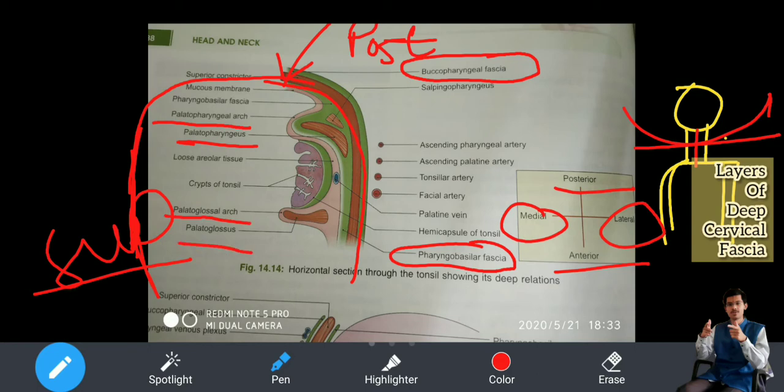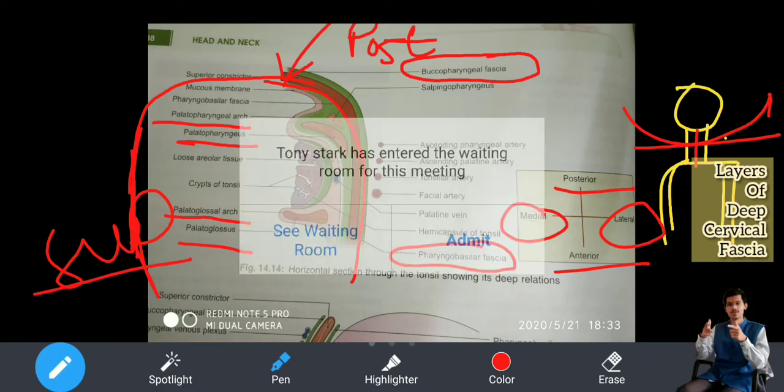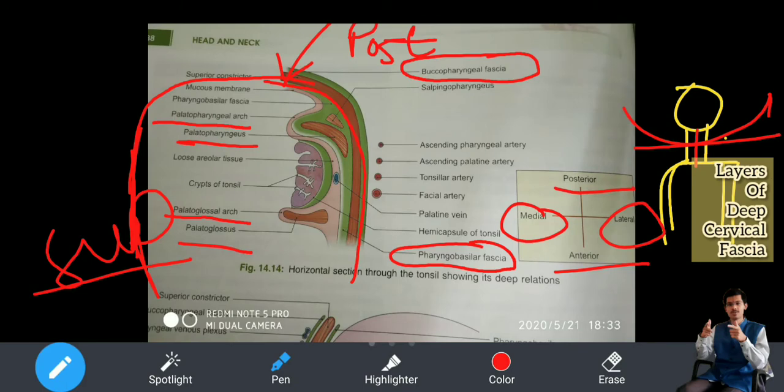Palate means what? In your buccal cavity, what you call the palate of the mouth is a soft palate and hard palate. The bony structure which you can feel in the upper part of your mouth just when you enter, by putting your finger you can feel it. That is the hard palate, and behind it is the soft palate. When we learn about the hard palate, soft palate and buccal cavity, we will understand in detail.